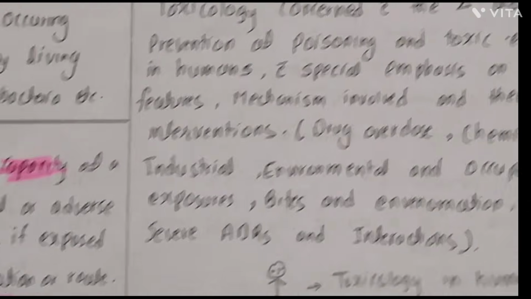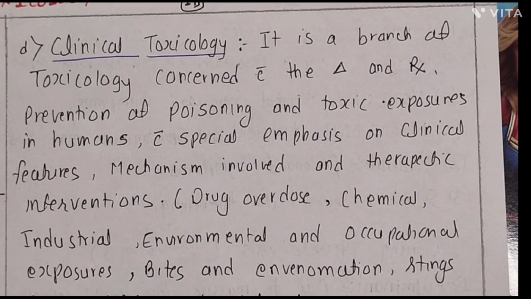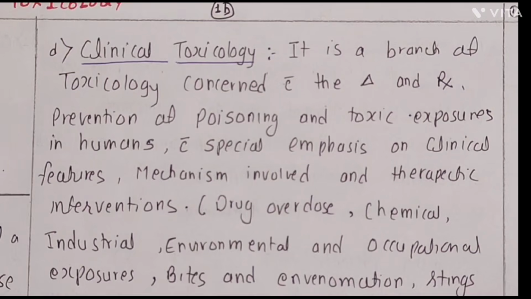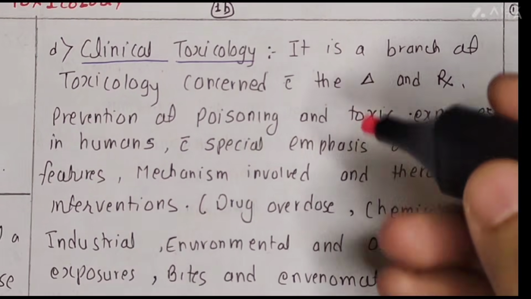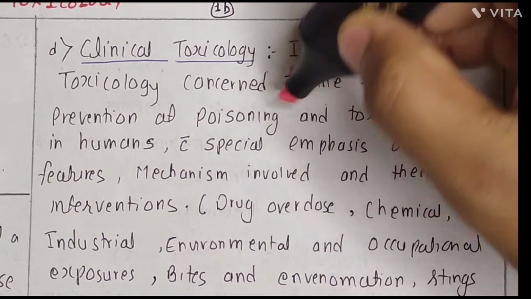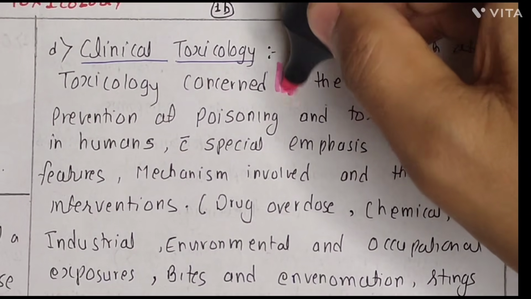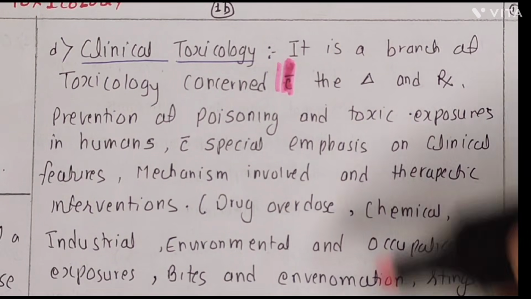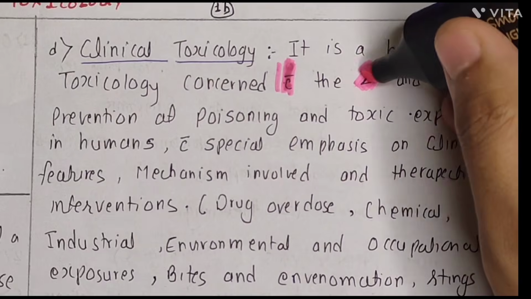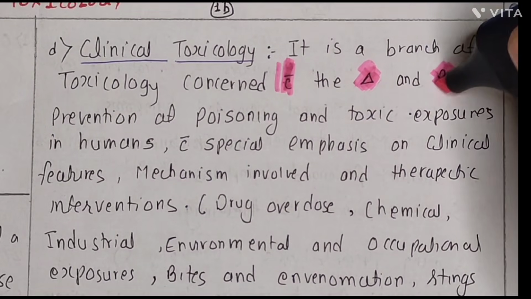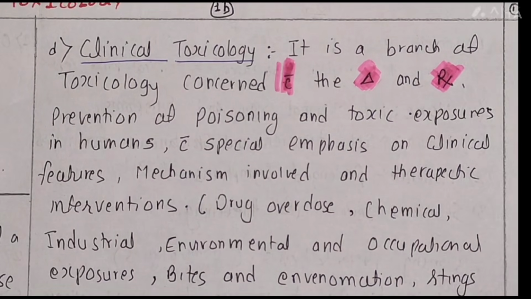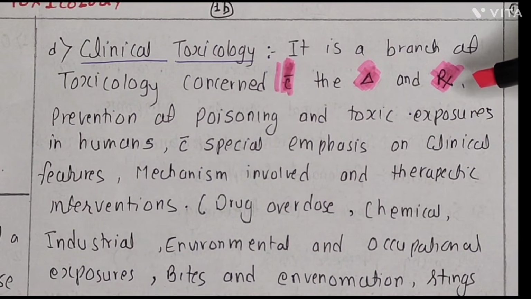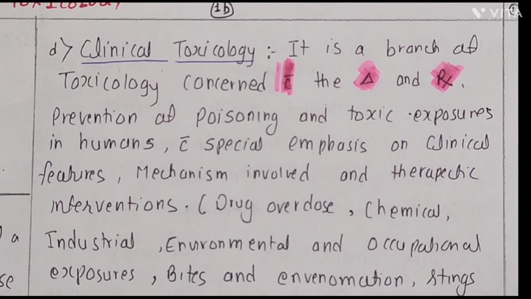Now let's come to clinical toxicology. Clinical toxicology is a branch of toxicology which is concerned with... So here onwards in my lecture, I will be using this particular symbol, one line above C, that is called 'with'. This triangle says diagnosis, and RX means we are going to discuss management. Okay. So it deals with diagnosis and management, and how to prevent poisoning or toxic exposure in humans,